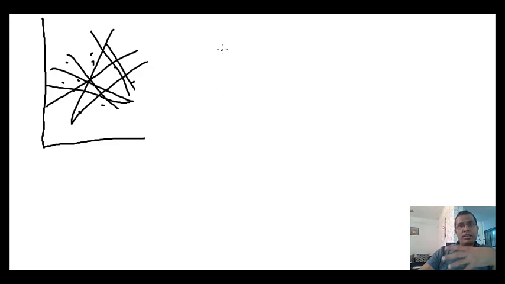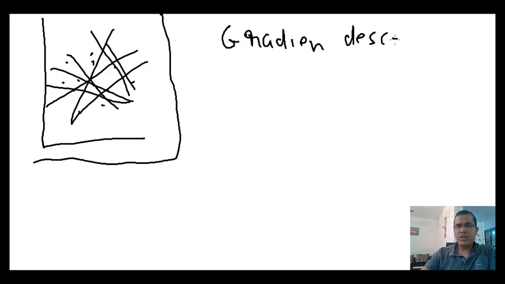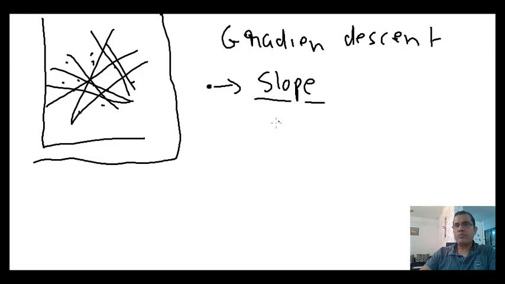So let's start with any random point. When you start with any random point and you are using gradient descent as an optimization, for any random point, you find your slope. If you are using MSE, the MSE curve would be something like this. So it is a square curve. It would be something like this.